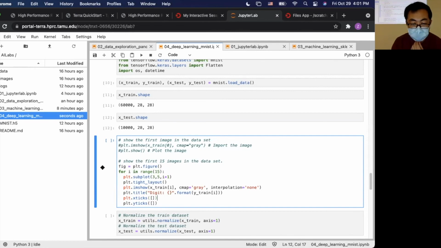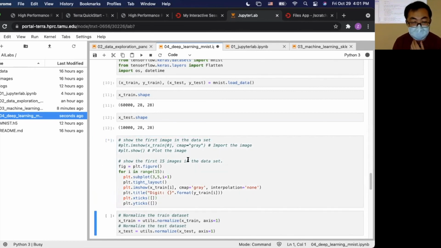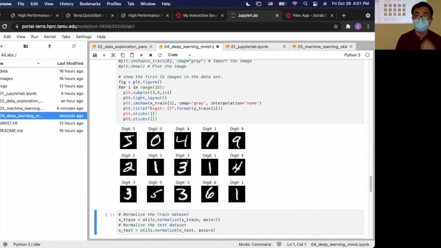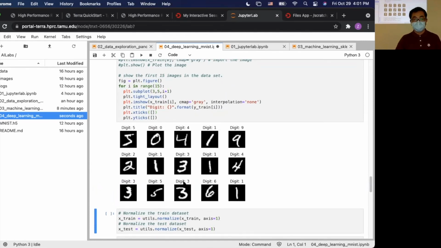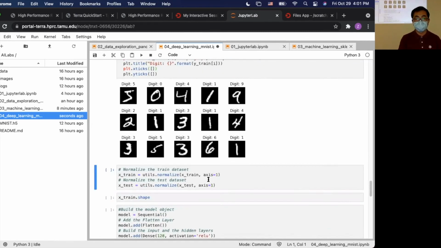So let's see how these figures look like. So you can see we have these 15 figures, and also the labels are printed out. And then we use the training data set to train our model.